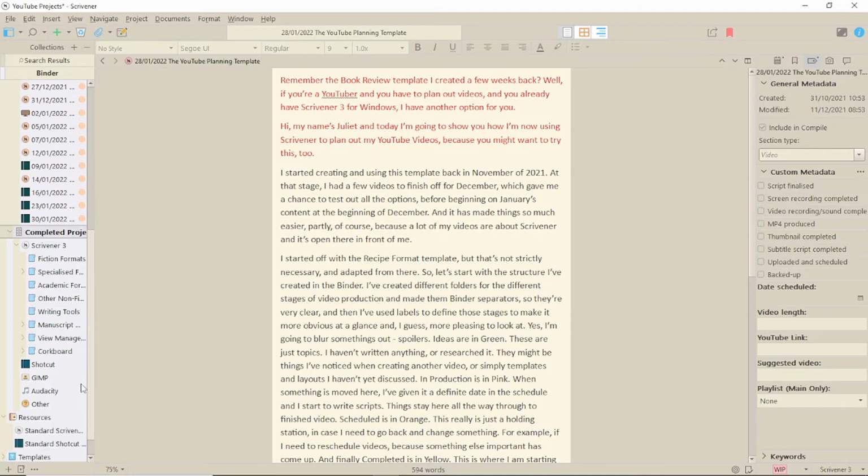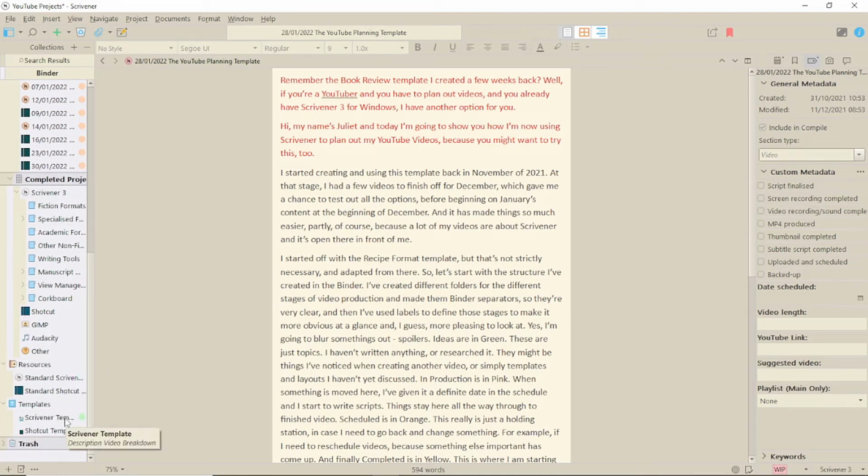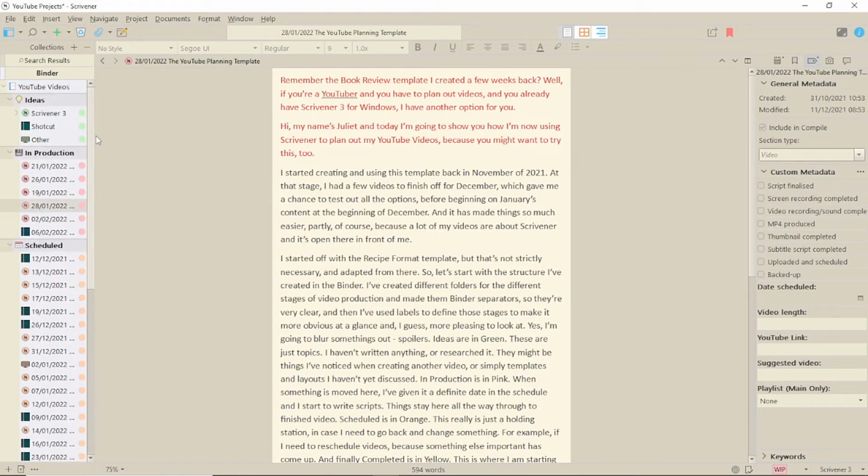The document format is set using custom template documents for the different folders in the Ideas section. This will be expanded as time goes on. In the metadata, you'll see I have a list of tick boxes so I can keep track of where I am with particular videos in the production process and to make sure I do certain tasks such as backing up. This is useful because I record in batches and not necessarily in order.